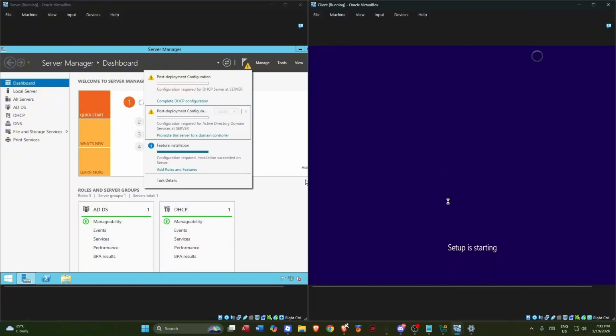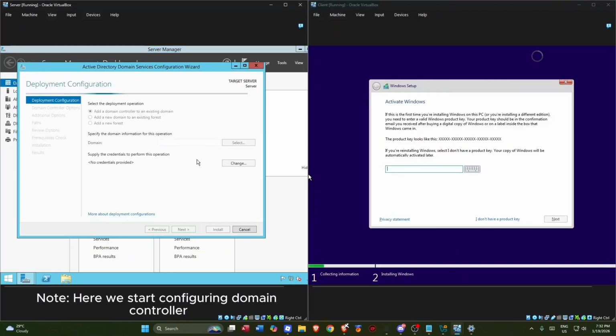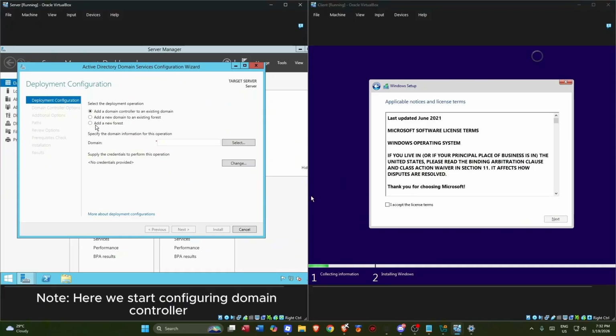And while we are waiting for the client installation, let's proceed to our domain controller and how to configure this one. So let's just multitask here. Let's choose Windows 10 Home, and then here we will just add a new forest,